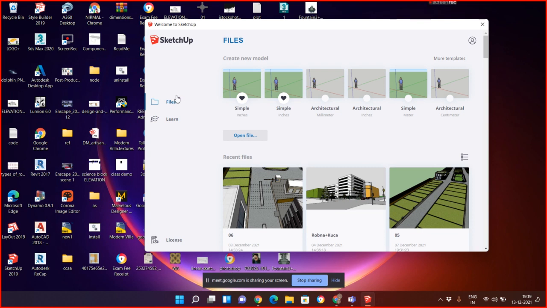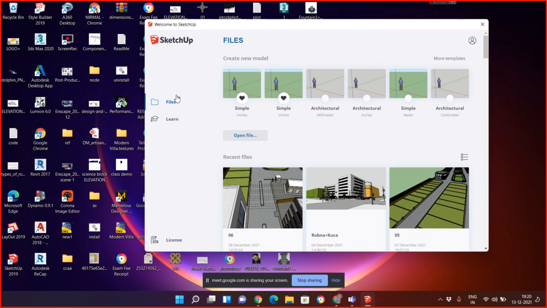So what is the important thing? The file is the main important thing. The second important thing: SketchUp is working as a template, not as a unit. Because see, there are two important things. You definitely know AutoCAD, right? AutoCAD always works with a kind of unit. Like in a single file, you can change the unit, like metric and imperial both. But in SketchUp, you have just one thing, the template. This is called template-based software.